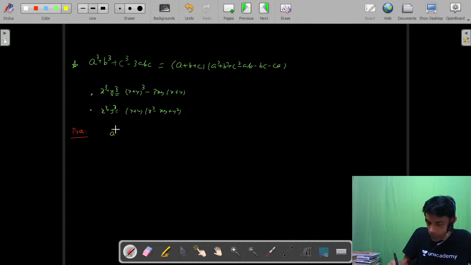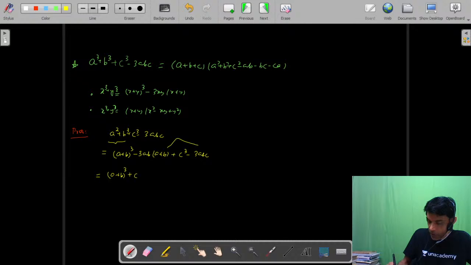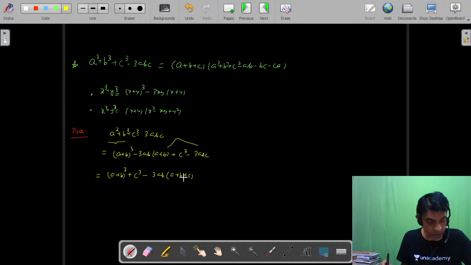So a cubed plus b cubed plus c cubed minus 3abc I'll write as, first I club these together, sum of 2 cubes, right? So I will write here a plus b whole cubed minus 3ab times a plus b and plus c cubed minus 3abc. If I combine the second and the fourth term and club together first and third, I'll get a plus b cubed plus c cubed minus 3ab, nicely comes out common, and you've got a plus b plus c. That's good. We wanted this expression a plus b plus c, so that has come here. Now